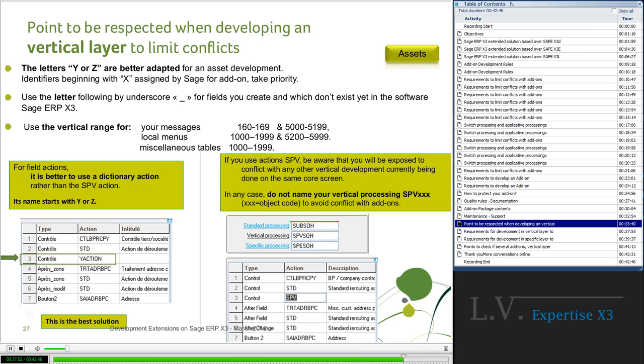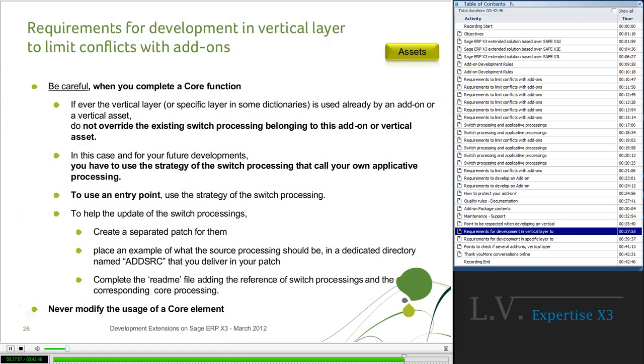In the core screen, here are other requirements for development in the vertical layer. Be careful when you complete a core function. If the vertical layer or specific layer in some dictionaries is used already by an add-on or a vertical asset, do not override the existing switch processing belonging to this add-on or vertical asset.